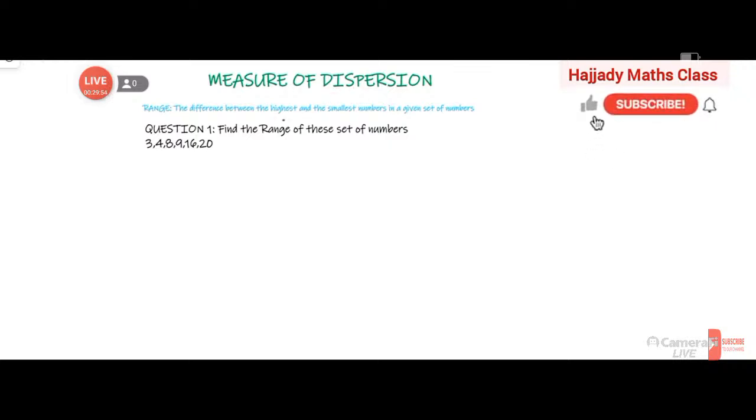And the first we are going to define here is the range. From the definition, range is the difference between the highest and the smallest numbers in a given set of numbers. Now, looking at the first example we have here, find the range of this set of numbers. From the definition of range, we know that range is the same thing as the highest number